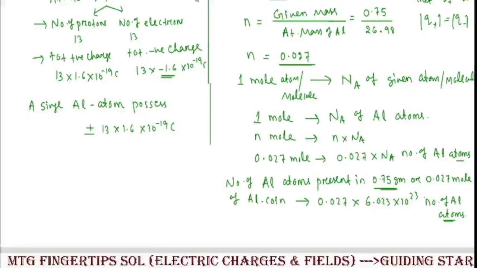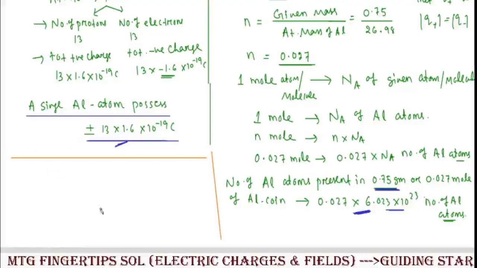तो अभी अभी जस्ट यहाँ पे कैलकुलेशन यहाँ पे किया गया है कि एक सिंगल एल्यूमिनियम एटम में कितना पॉजिटिव चार्ज या फिर नेगेटिव चार्ज रहता है? 13 इंटू 1.6 इंटू 10⁻19 कूलम। और कितना एल्यूमिनियम एटम्स यहाँ पे प्रेजेंट है 0.75 ग्राम में, तो इसमें प्रेजेंट है 0.027 इंटू दिस मच एवोगाड्रोस नंबर। सो एक एल्यूमिनियम एटम में अगर इतना पॉजिटिव या फिर नेगेटिव चार्ज यहाँ पे रहता है तो इतने में कितना पॉजिटिव चार्ज या फिर नेगेटिव चार्ज होगा? दैट मीन्स व्हाट वी हैव टू डू ओवर हियर,